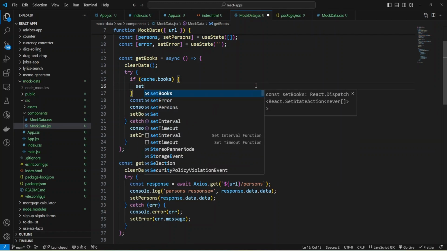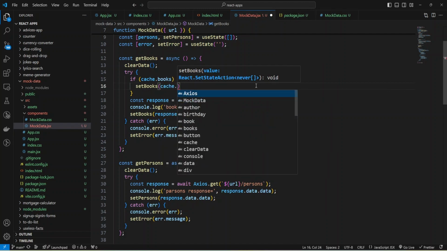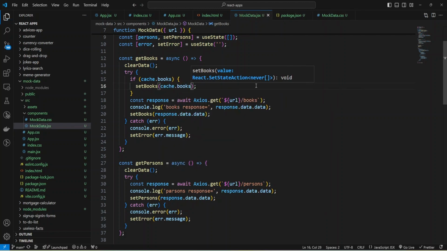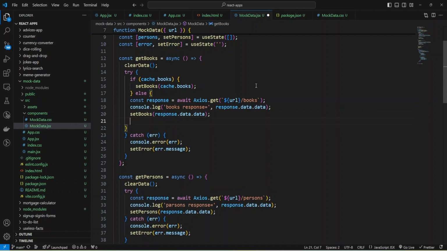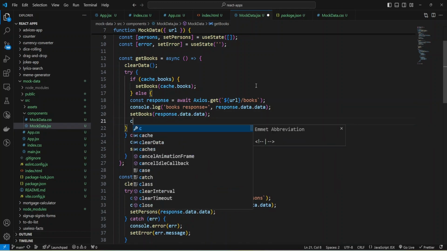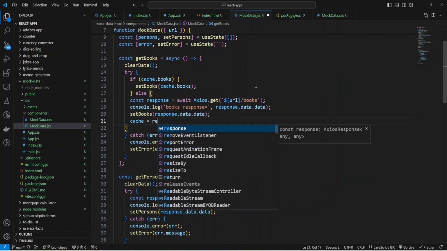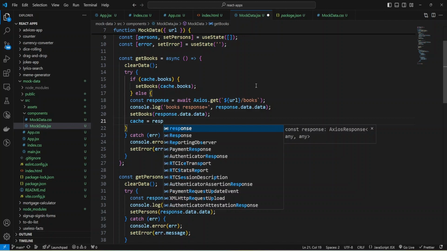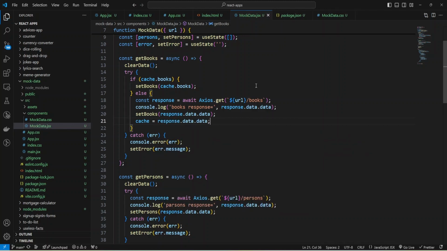Then I will set books from my cache books, and otherwise I will make request to server and set my cache the same as books state. It will be response data data, and let's check how it will work.